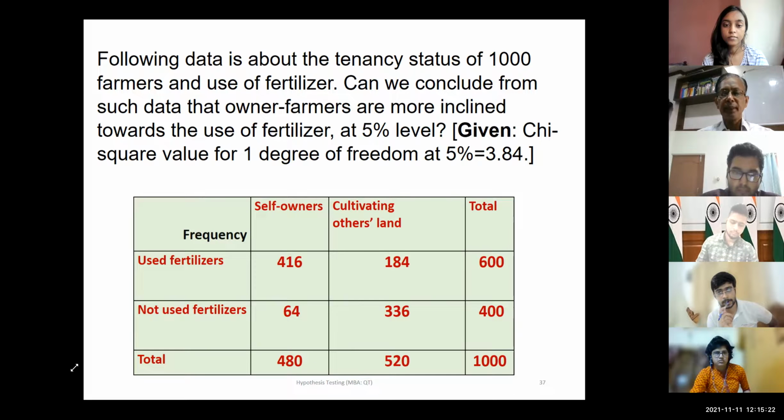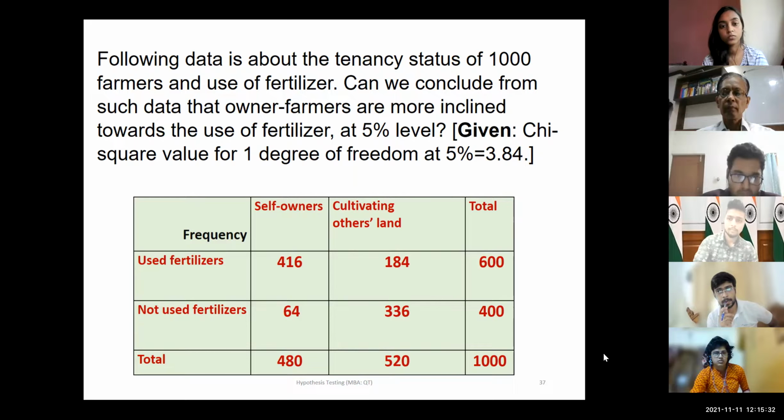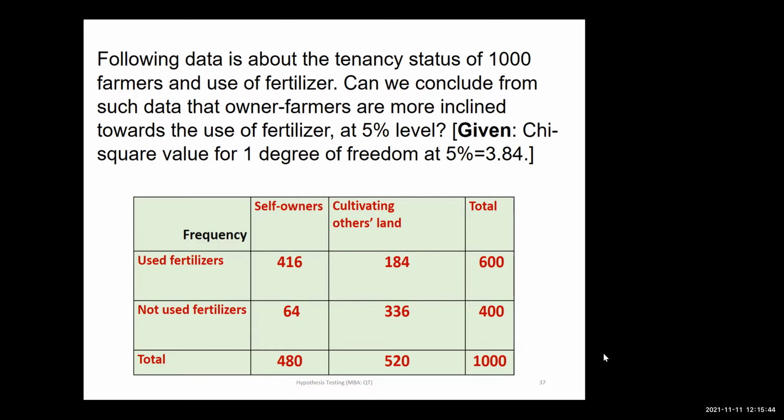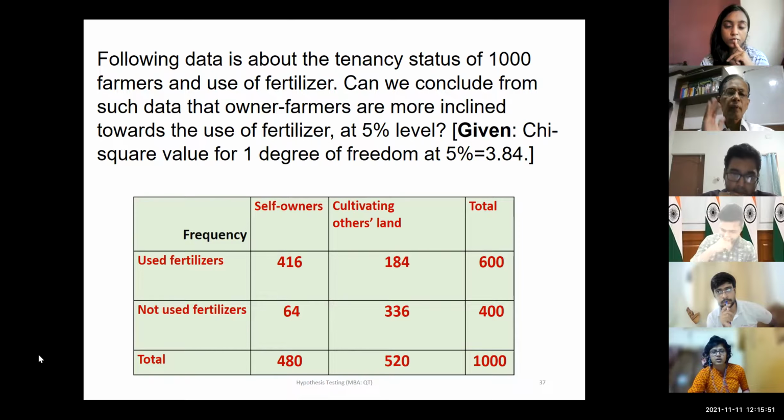Why are others not participating? Sir, here we have to calculate whether using fertilizer would help the production of any crop or not. There are two types of parties, one who use fertilizers. Sorry, sorry. No. Anybody else? Sir, we are deciding whether there is a relation of using fertilizer in your own land or in cultivating other people's land. Getting the spirit of the case?